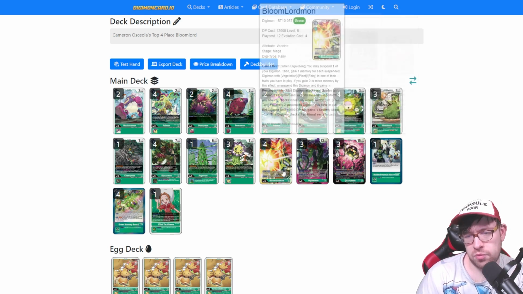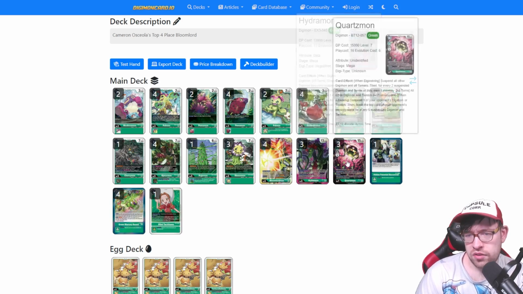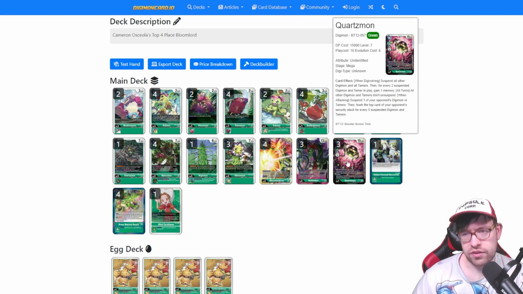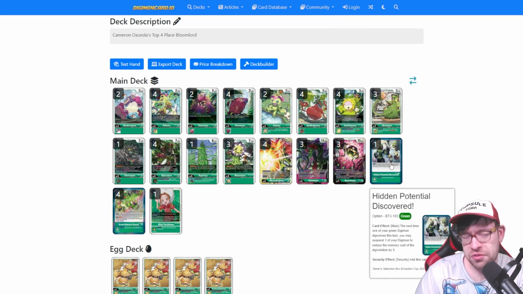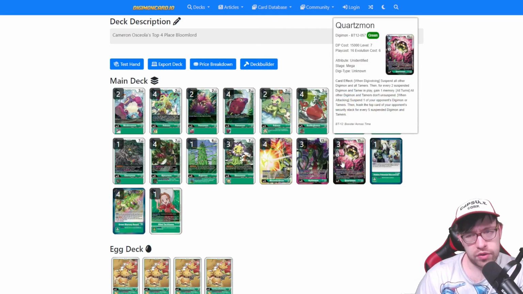Normally you kind of just sit on Bloomlord and Hydra, which is nice, but then you really don't have a good level 7 to go into. So Coursmon does kind of fix that in a lot of ways, being able to lock down your opponent. I still can't believe this card exists in this card game, especially since green has so many good level 6s, and now Coursmon is a level 7 that gains memory when you digivolve